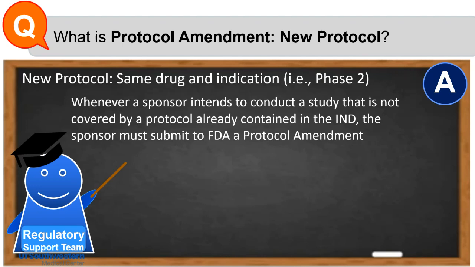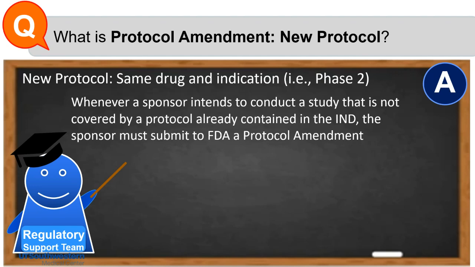The sponsor is expected to submit to FDA a protocol amendment containing a copy of the new protocol and a brief description of the most clinically significant differences between it and the previous protocols. As you all know, the sponsor can have more than one protocol associated with the same IND as long as the new protocol is studying the same drug for the same indication.